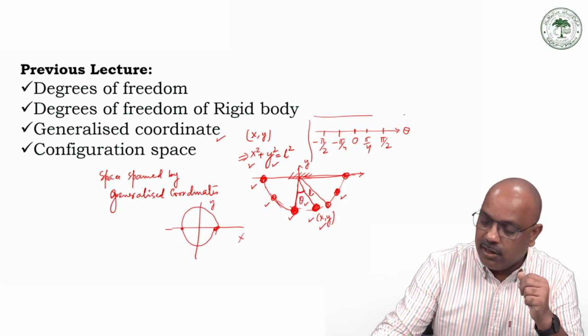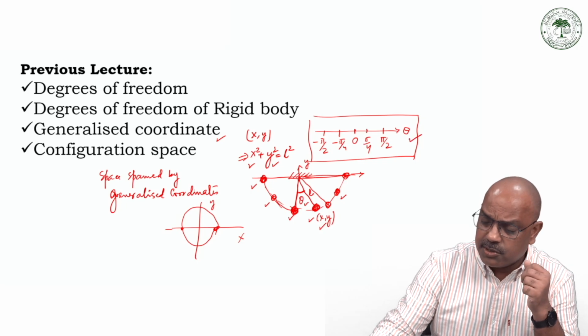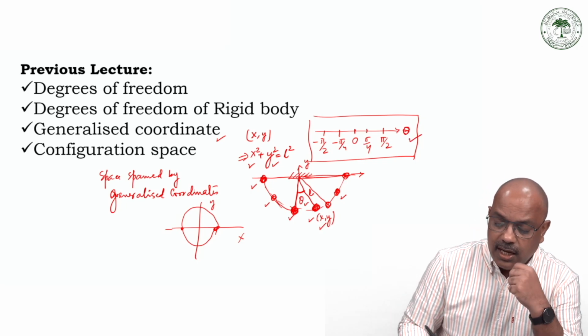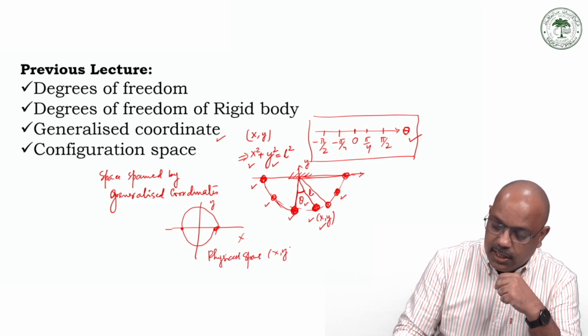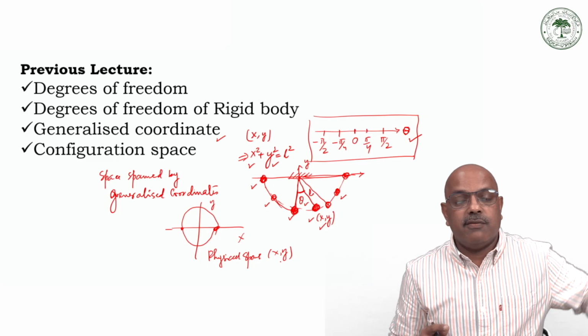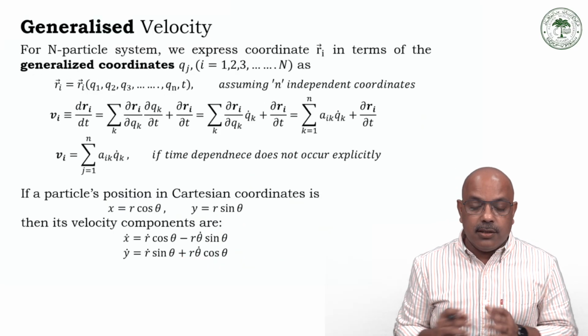So you see in configuration space, this is my space which is spanned by the generalized coordinate theta, and this is my physical space which is spanned by the coordinates x, y. Now these things we had discussed already in our last class, and then we will move forward to discuss